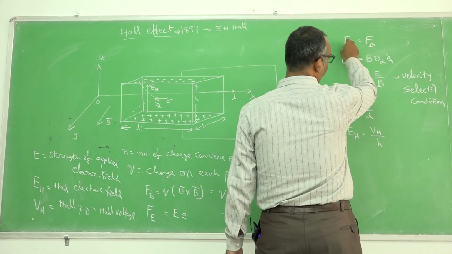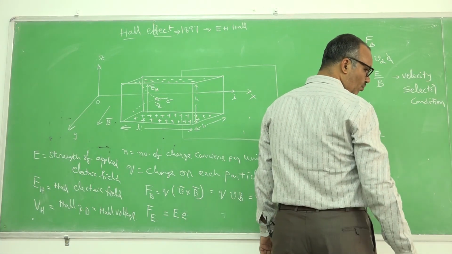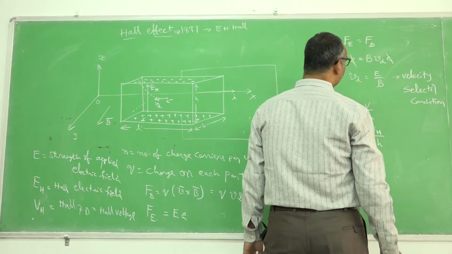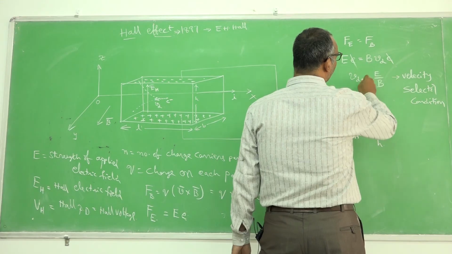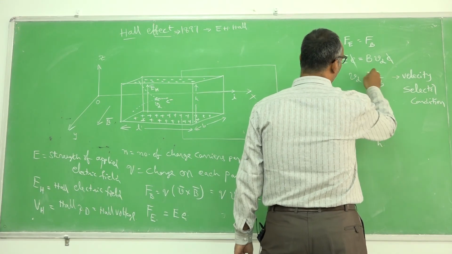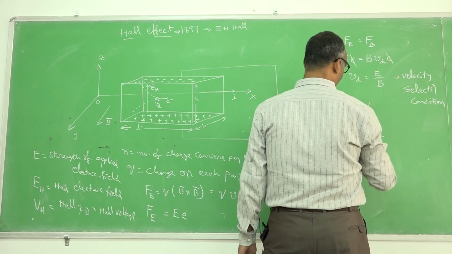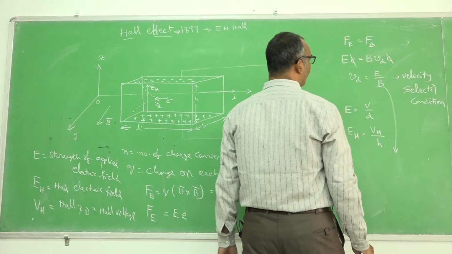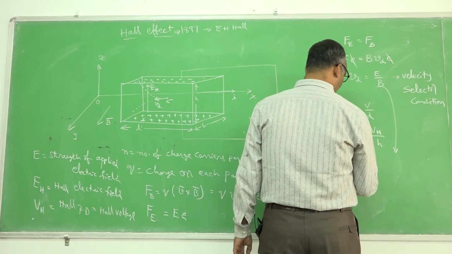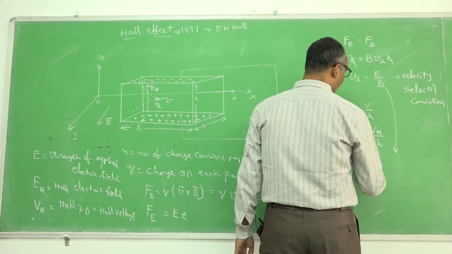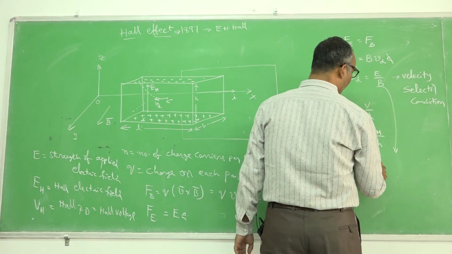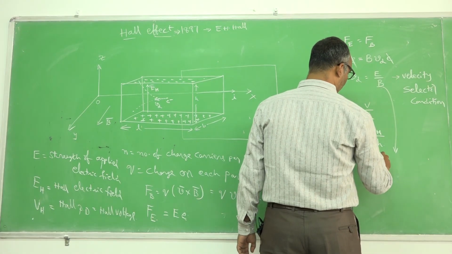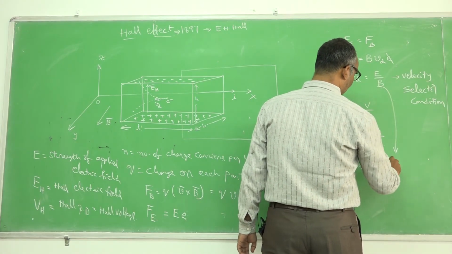Now you take this condition again, force due to electric field and force due to magnetic field. Here E is equal to B Vd, the same thing. In the place of E, here, I write EH,